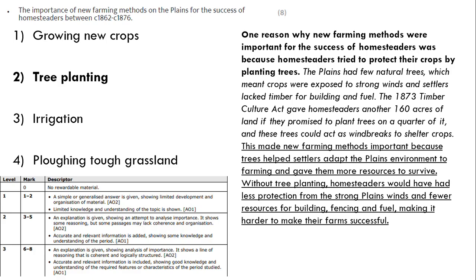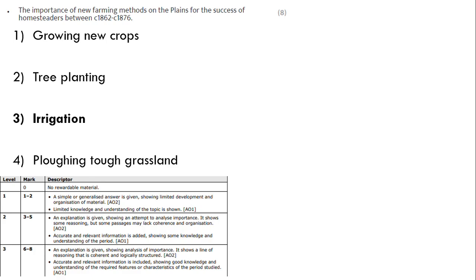So the focus is on how the planting trees help settlers to adapt to the plains environment. This is the new farming method in action, planting the trees, with specific reference to the 1873 Timber Culture Act, which incentivised tree planting. So you'd be fine with those 2 reasons, but if you want 2 more, here's one